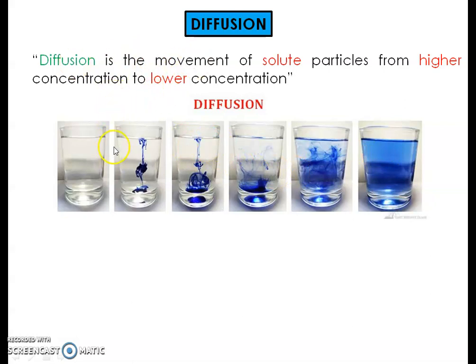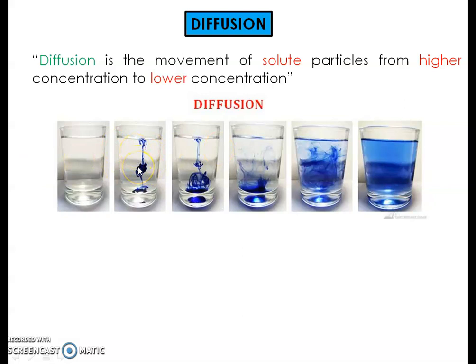One question may arise in the mind of a student: how does this diffusion take place? Generally diffusion is called a passive process because it doesn't require any energy. We can see in this glass that we have not given any energy to it. So how are these molecules moving from one place to another without energy? If it doesn't require energy, it would not be following the law of conservation of energy. Whenever there is movement of particles, definitely energy is required. So how is diffusion taking place, and what kind of energy is helping these particles to move?